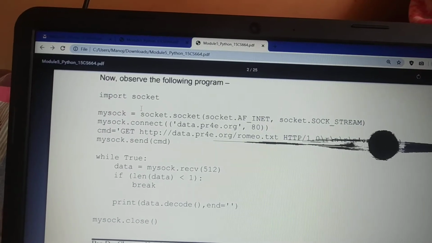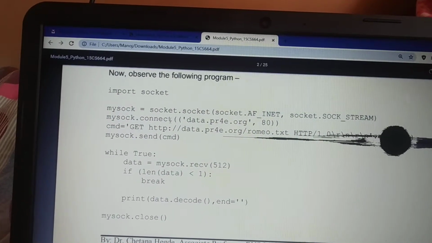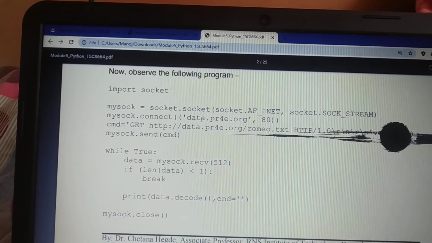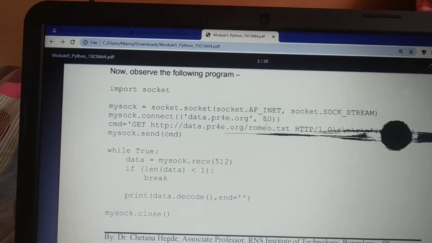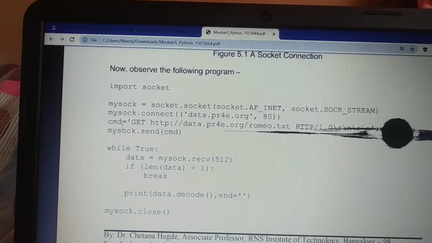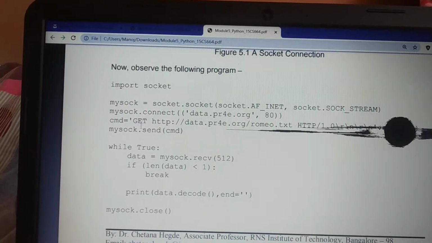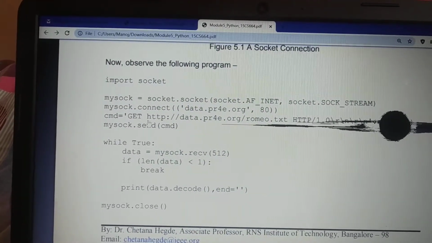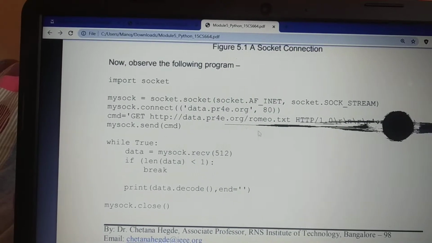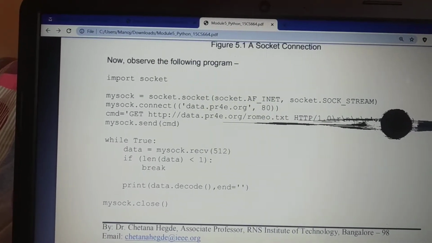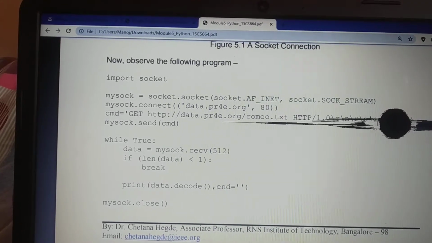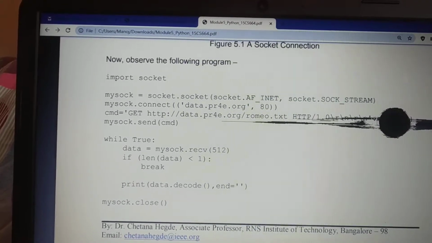So after choosing the socket, you are going to connect through this socket, and the data you are going to send goes through port 80. This 80 represents the port number. Next is command. The command tells you whether you are going to use the get command or the retrieve command. So you are going to get the data from this particular address. Okay, so this /r /n tells you the line break of the particular protocol specification.